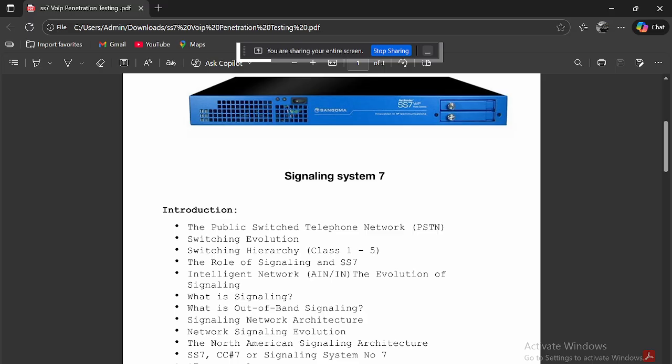So why is SS7 the system that handles the signaling? SS7 is a global standard telecom networks use for exchanging signaling information. It keeps everything organized and very fast: call setup and teardown, which we explained in the past, SMS delivery, caller ID, number portability, prepaid billing checks, and international roaming updates.